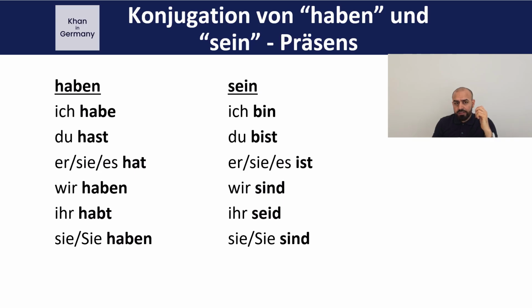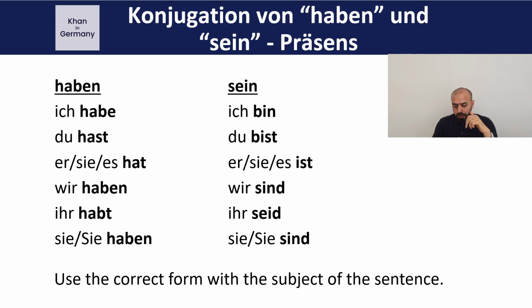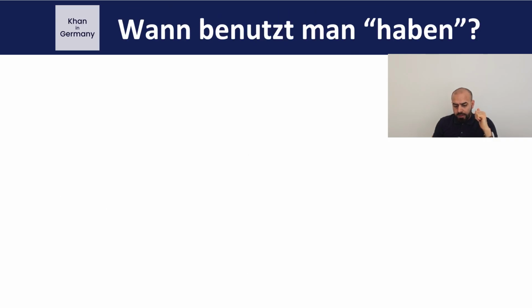For sein it is: ich bin, du bist, sie, es ist, wir sind, ihr seid, sie sind. You just have to memorize that. And these are both irregular by nature, especially sein is totally irregular. So you have perturbation all over the place. So you have to remember that by heart, okay? And in haben, for instance, you see it's only in du and sie, es. The b is basically missing, yeah? So you have to use the correct form.